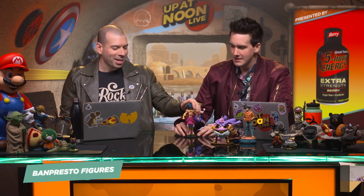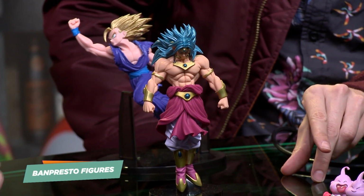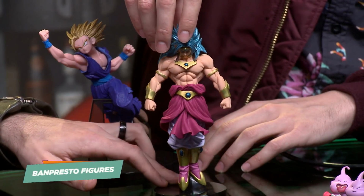I know what I'm doing up here. Anyway, this is another chicken tenderizer. Yeah, good old chicken tenderizer. So this is Broly. Dragon Ball is confusing in that there's the main story, which kind of makes sense if you follow it straight through. And then there are the movies, which sort of retell stuff from the TV show or the stories, but kind of shuffle them around. Broly is a character who